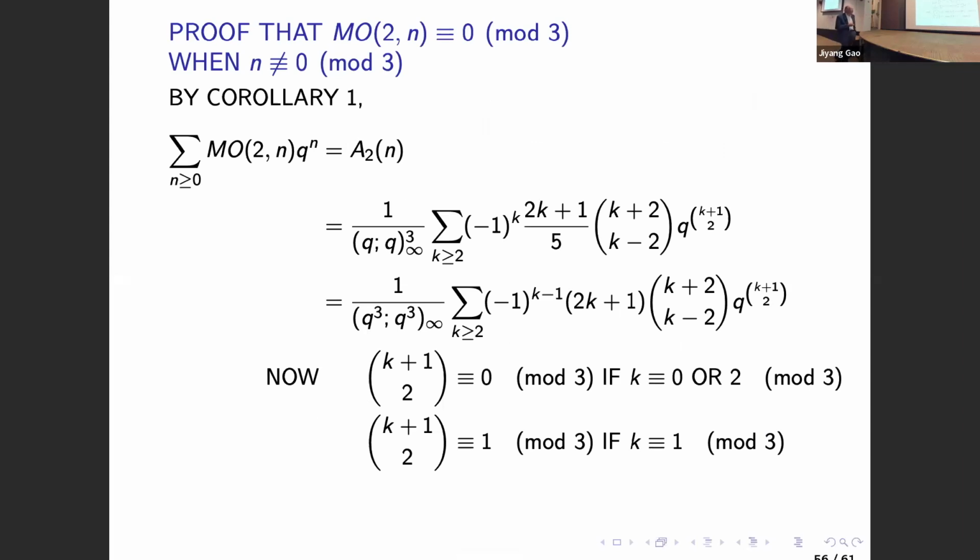So you only need to look at whether or not everything else is divisible by 3 when you have an exponent that's not divisible by 3, and you find out very quickly that